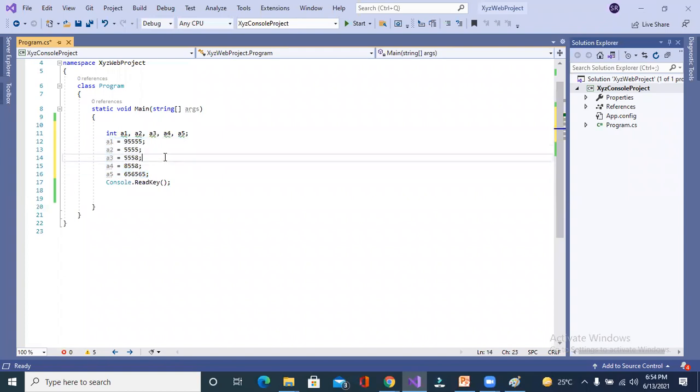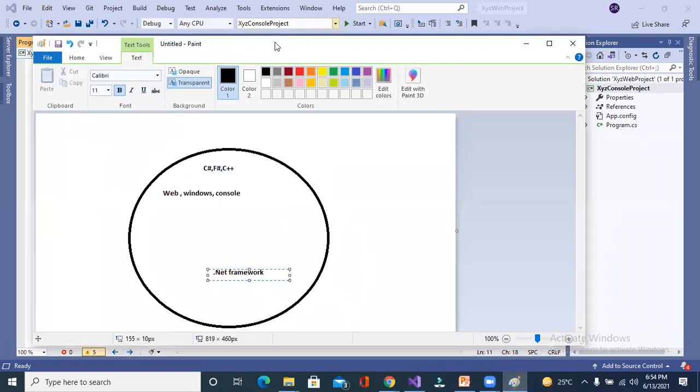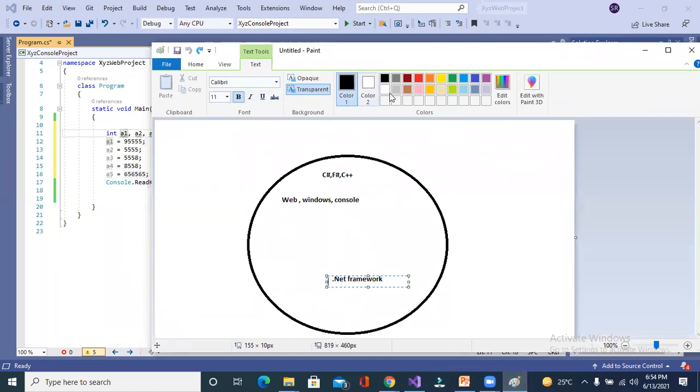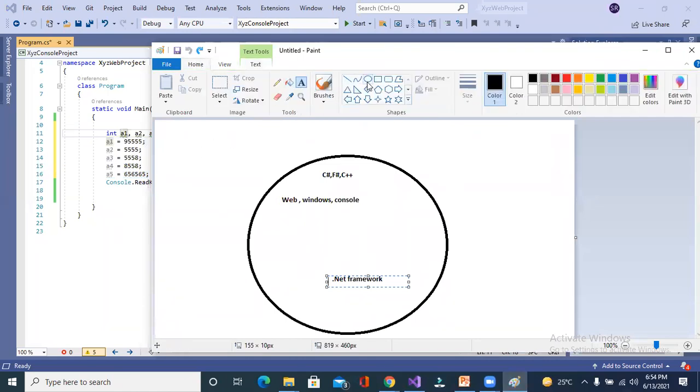What have I done so far? My agenda is to store the values of 5 students. What would be the value? The value would be the mobile number. I created 5 variables and used these 5 variables to store the values. If you do so, no one can stop you. But this will create a problem. You have created 5 variables. I have told you earlier, whenever you define a variable, it uses your memory.